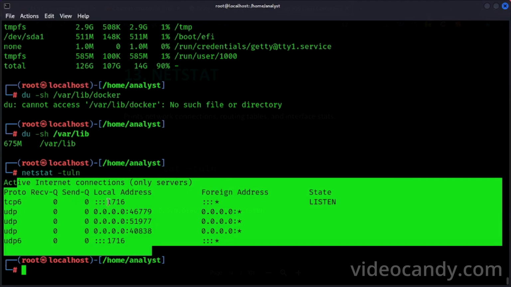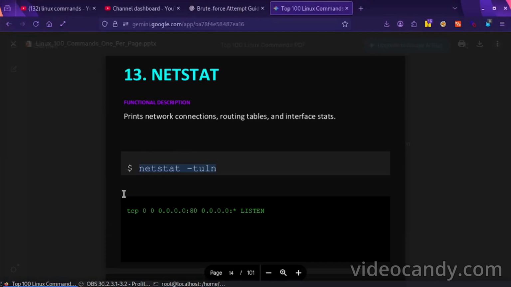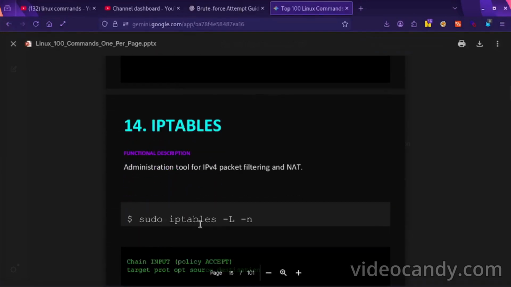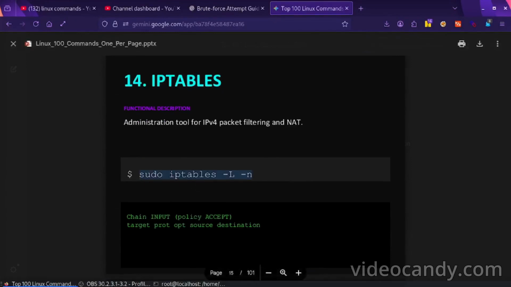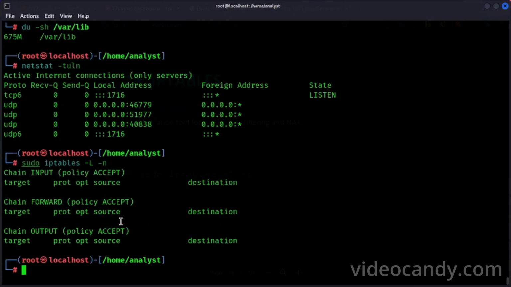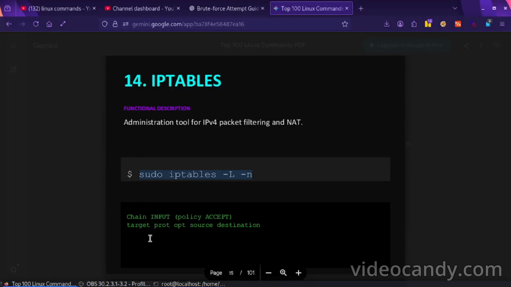This is TCP6, UDP, UDP6, and the listening port is not available because I had not connected any device. iptables. Chain OUTPUT, policy ACCEPT, target, port, destination.